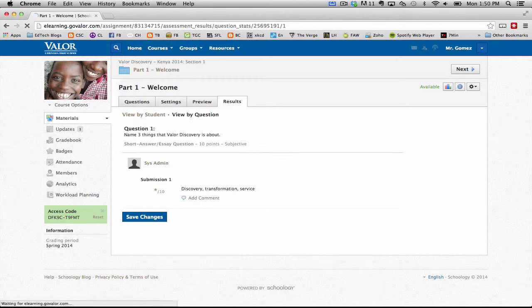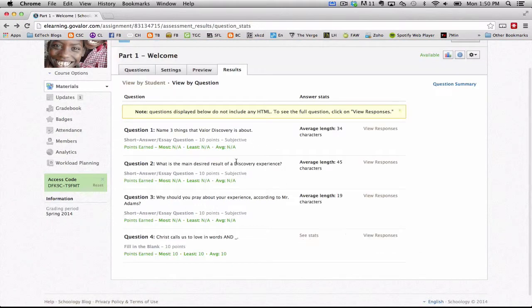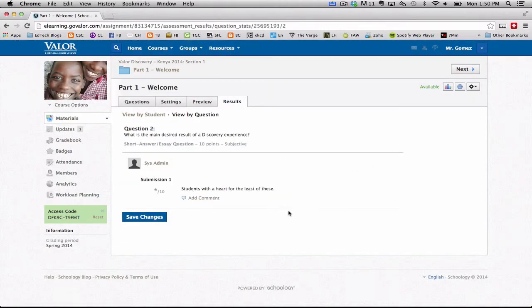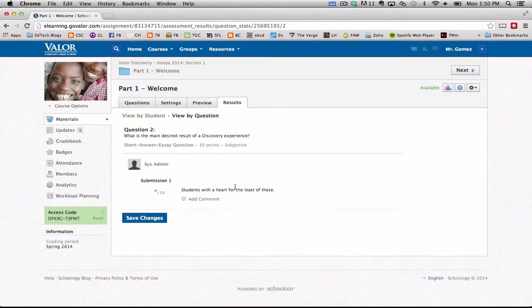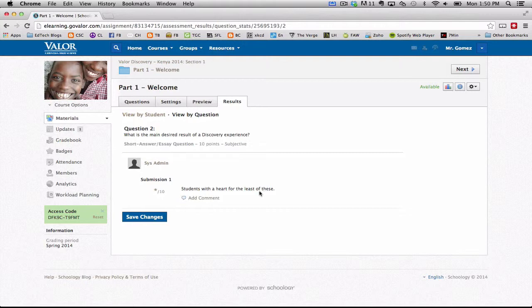Okay, so I can go back and say, okay, what were the responses to question 2? You can see all the listed responses. So here's their answer. What is the main desired result of a discovery experience? That's question 2. And sysadmin said this. Okay, you can also add a comment back to them,